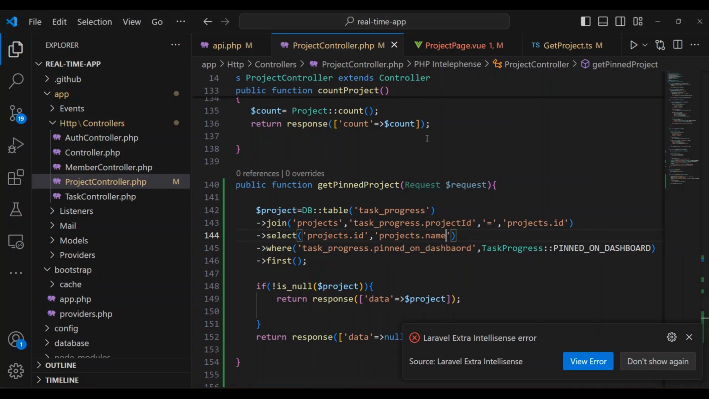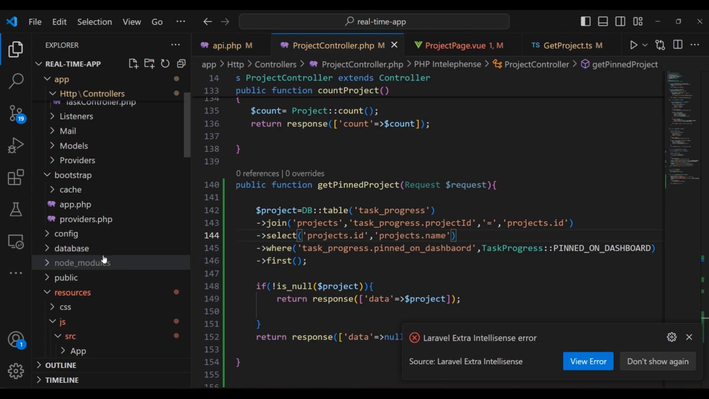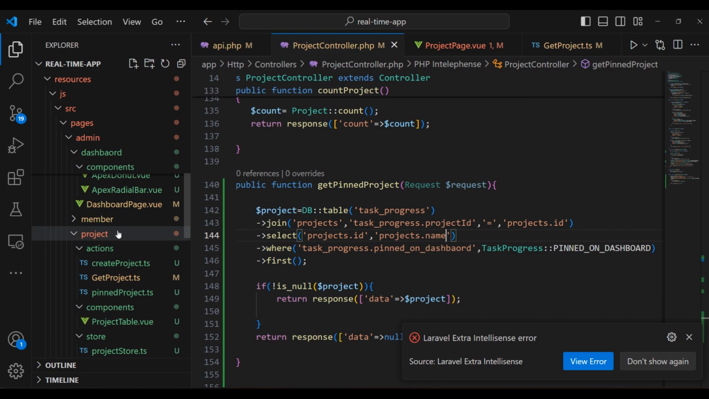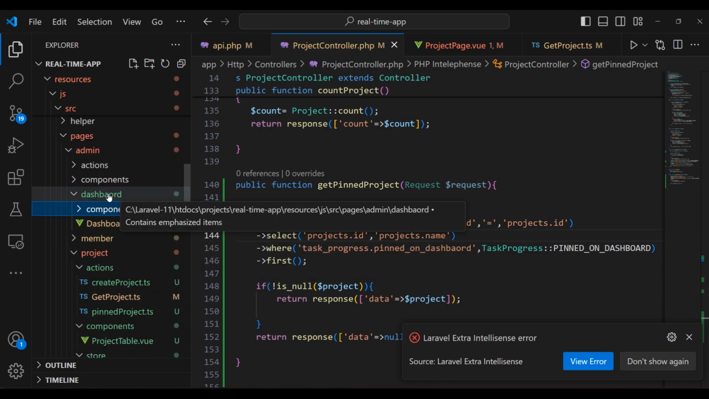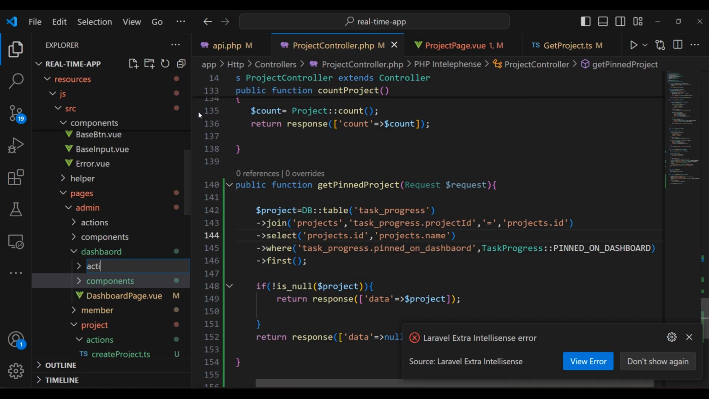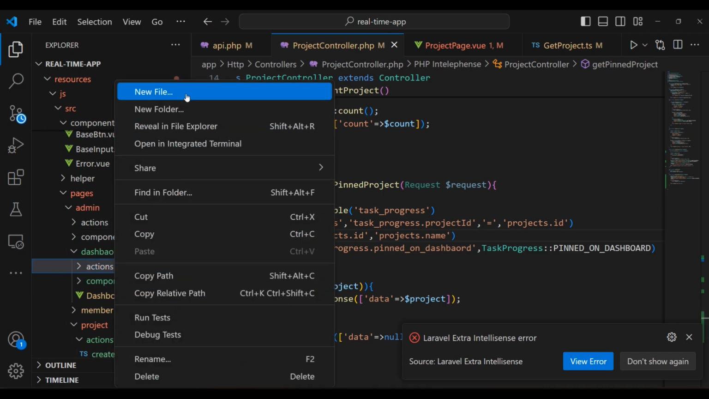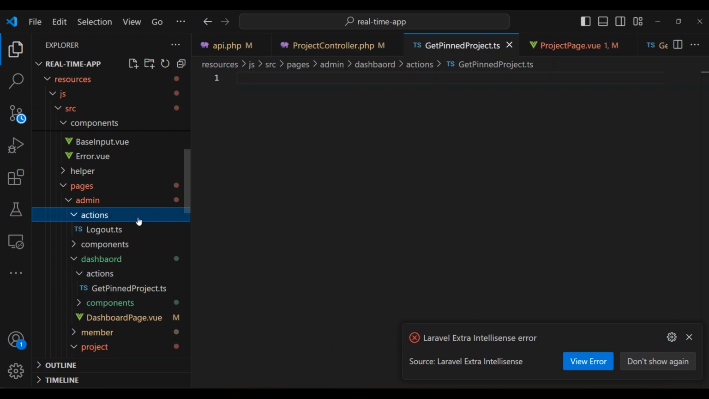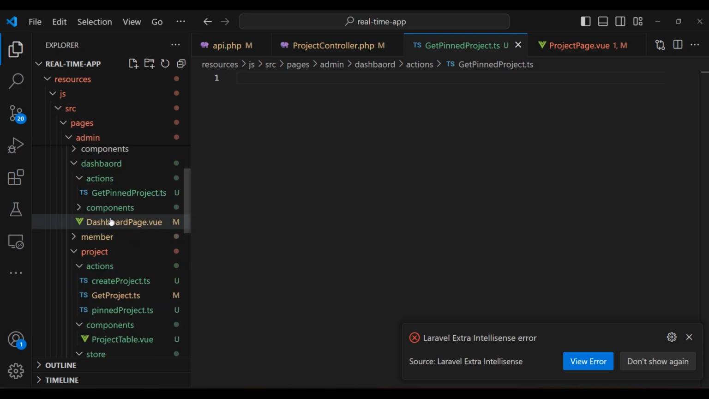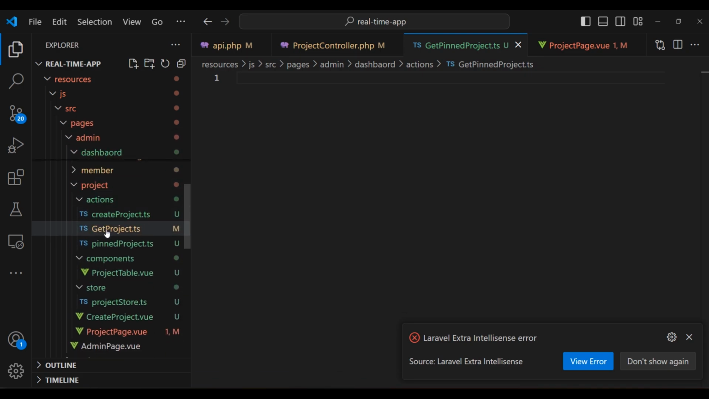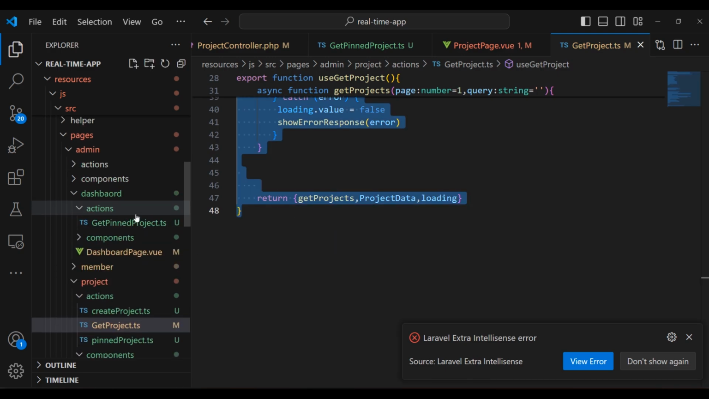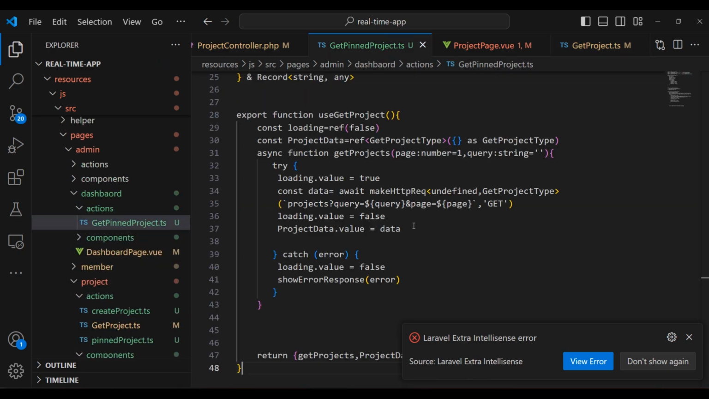Now we need to get into the dashboard folder and try to create a function that is going to hit this endpoint. And right here we got the dashboard folder. We are going to create, within the dashboard folder, an actions folder, and within it we're gonna create the action. We're gonna say getPinnedProject.ts, and we're going to get into the file right here. I'm gonna get into the project folder and copy contents within the getProject.ts. I'm gonna copy everything within it and get into the getPinnedProject and paste in these contents and